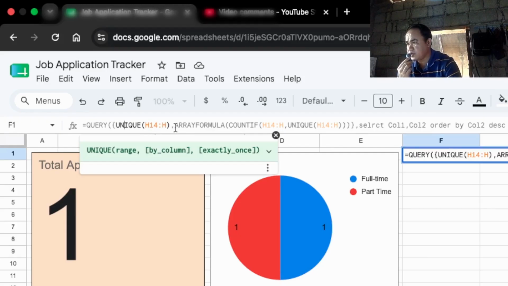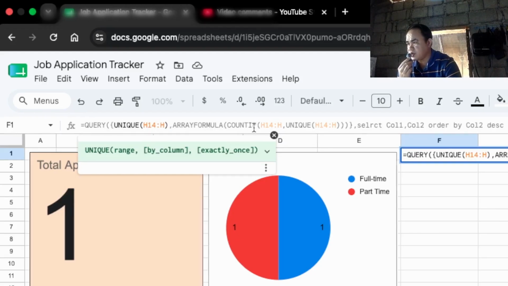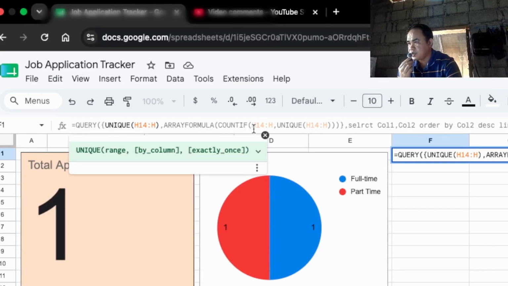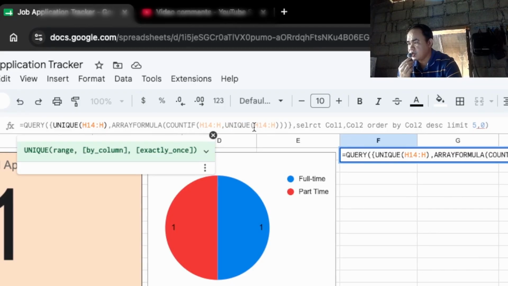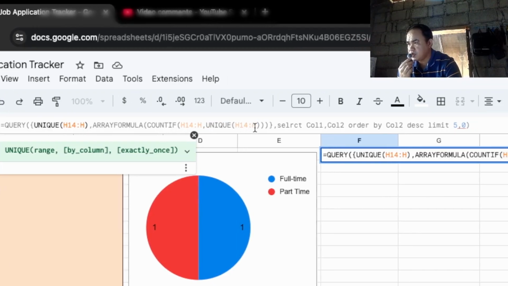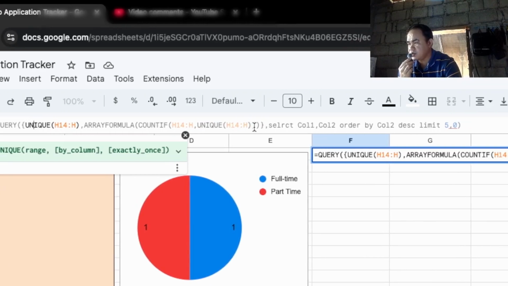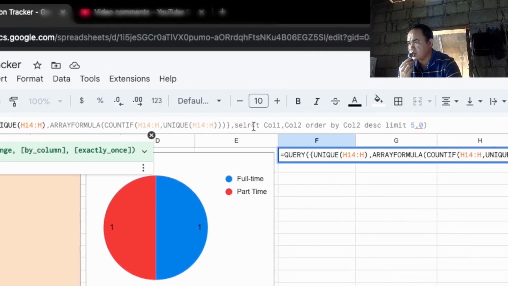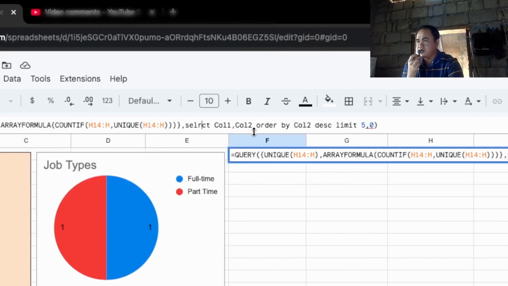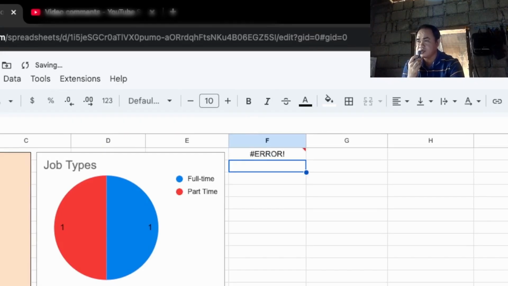Okay, we're correct. Our formula, comma, COUNTIF H14 to H, comma, UNIQUE, and then H14 to H. So we have three brackets closed here, and then okay, I see the error. We have here a typo. Instead of e, it's r. Select and then enter.